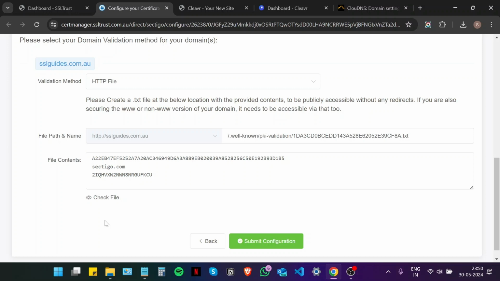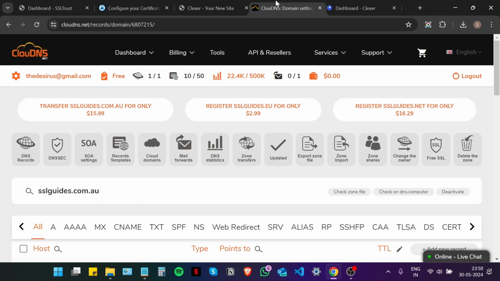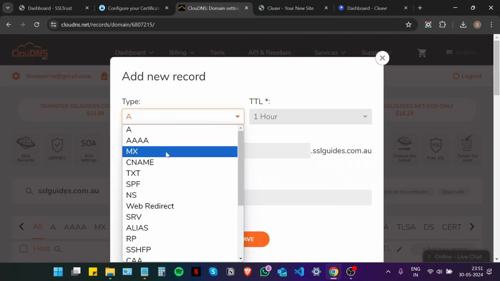The third, or the method that we're going to use, is the CNAME record validation method. Now in this method, you're going to need to have access to your DNS settings with either your domain name provider or your hosting provider, depending on where you've pointed your name service to. So I've already logged into my DNS settings. So add a new record, type is CNAME,